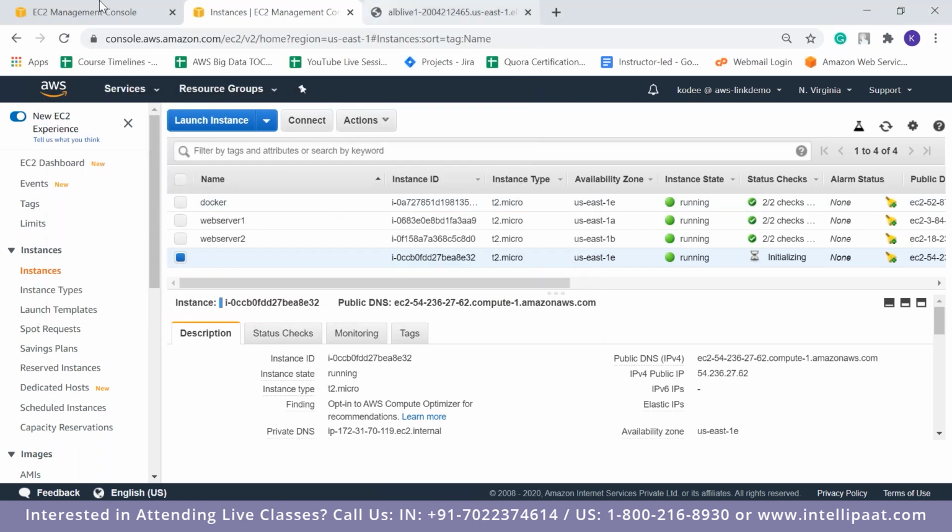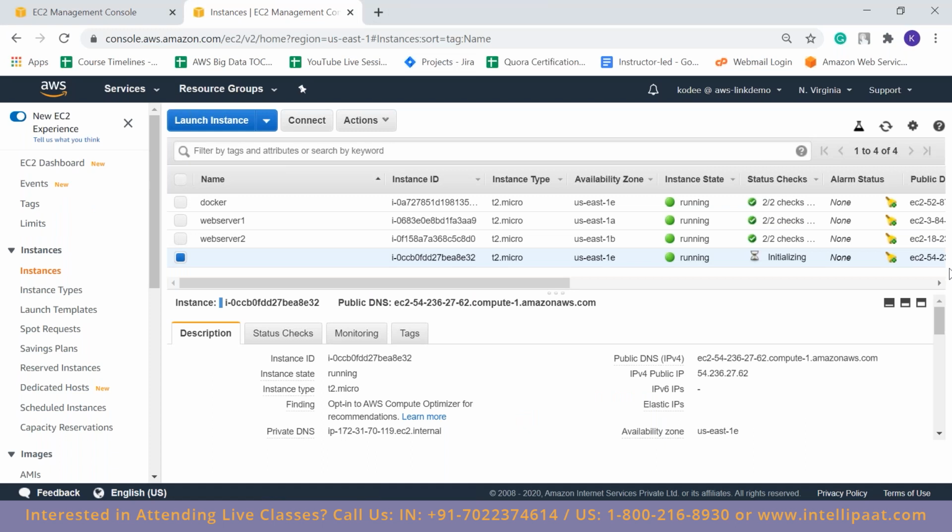Okay, so we did ALB, we did CLB. Just a second, guys. I'll just check whether my colleague is over here. Yeah, he's there. Okay, so we've done these demos and the theoretical part of load balancers. There will be new webinars. Right now in this session we saw load balancers. In the future we'll be seeing other services as well.